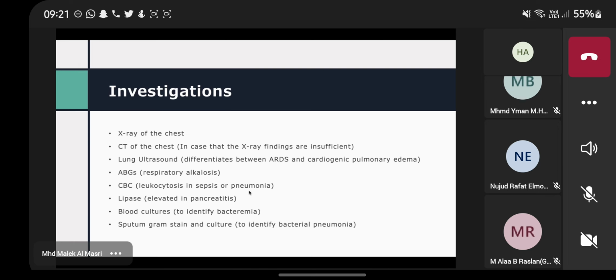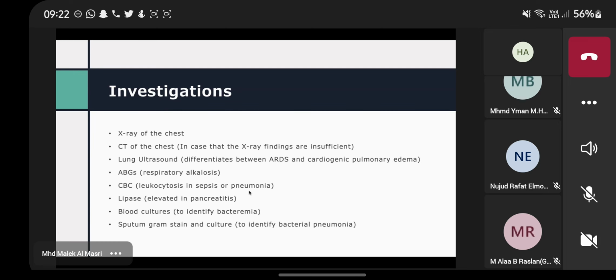Moving on to some of the investigations we'd like to order to either rule it in or rule it out. An X-ray of the chest, because as we mentioned, we may find new onset bilateral opacities, or we can move on to CT of the chest in case the X-ray findings were inconclusive. A lung ultrasound to be able to differentiate between ARDS and cardiogenic pulmonary edema, ABGs to check for the respiratory alkalosis or the PaO2,